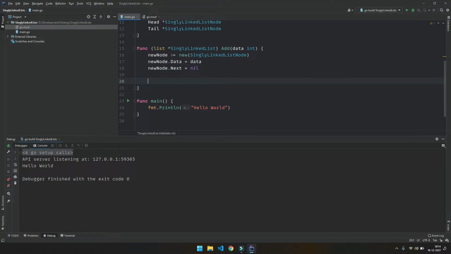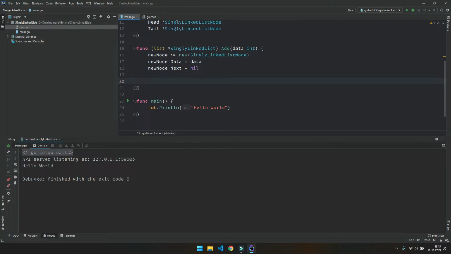Now we have got our node, and before adding to our list we need to check some edge cases of the list. So there are basically three edge cases. The first one is when we have no elements in the list, so the element count is zero. The second case is we have one element and the second element is being assigned to the tail of the list.